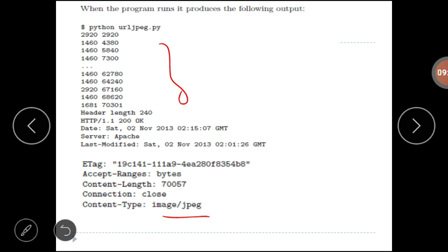Also note that on the last call to receive, we get 1681 bytes, which is the end of the stream, and in the next call to receive we get a zero length string that tells us that the server has called close on its end of the socket, and there is no more data for processing, right?